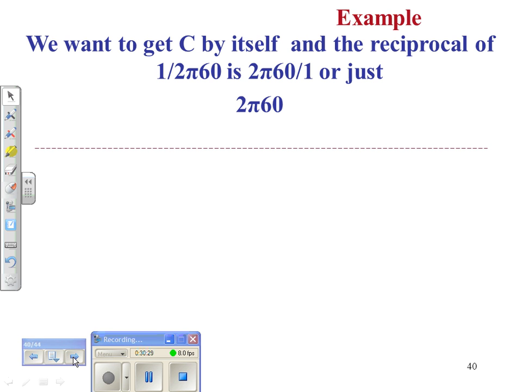So, I think that's what I just said. That's the reciprocal of it. So our formula becomes 12 is equal to 1 over 2 pi f times 60. C becomes